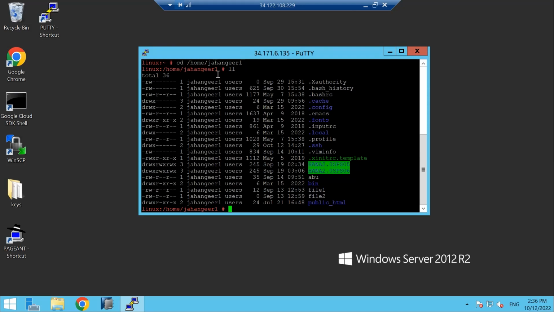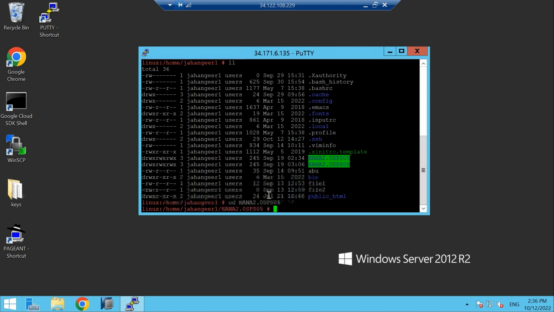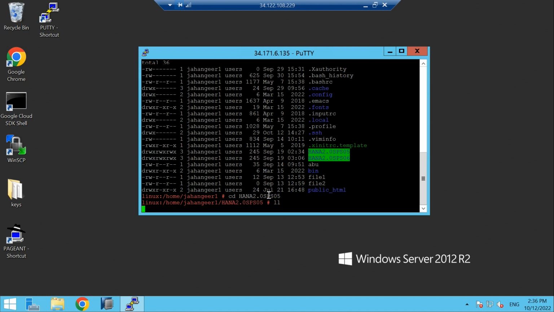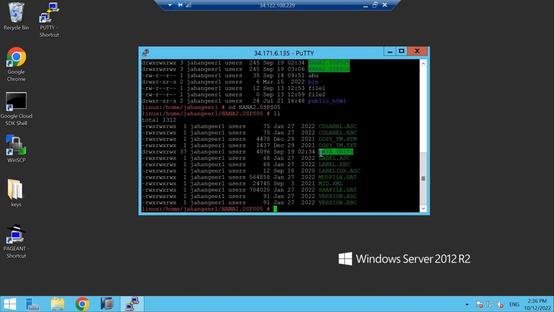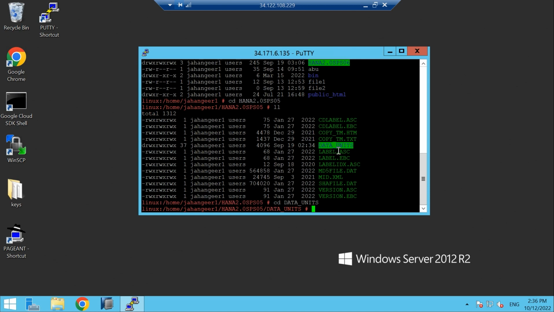See, in this directory, under this user, I have two softwares, HANA 2.0 SPS 05 and HANA 2.0 SPS 06. So I am going to this software, HANA 2.0 SPS 05. Change directory. Okay, LL long list. Under that, you'll have data units. Change directory to data underscore units. Okay, under that,